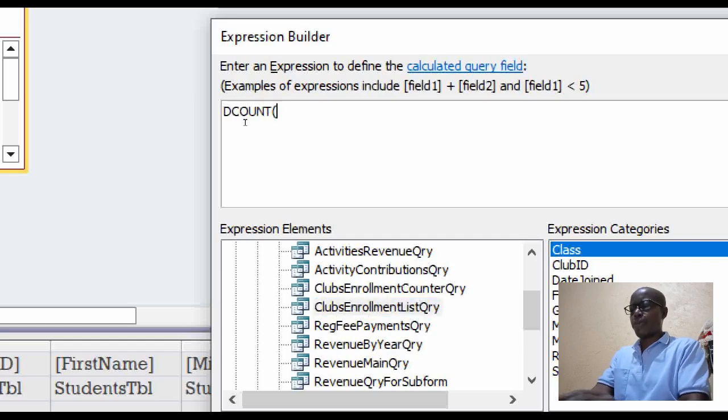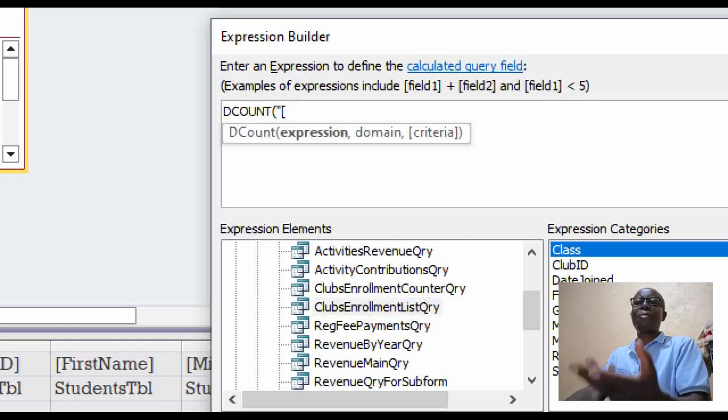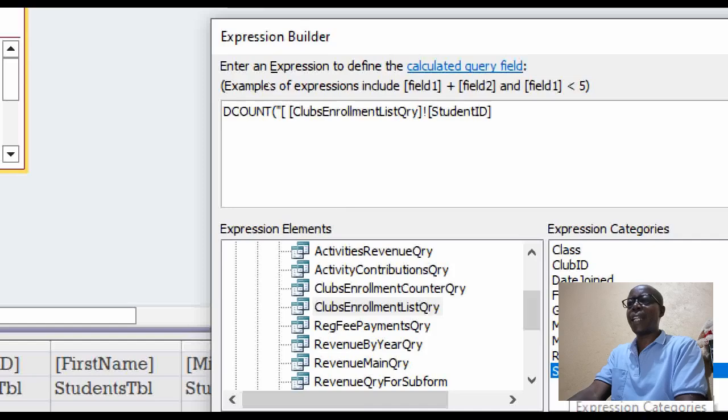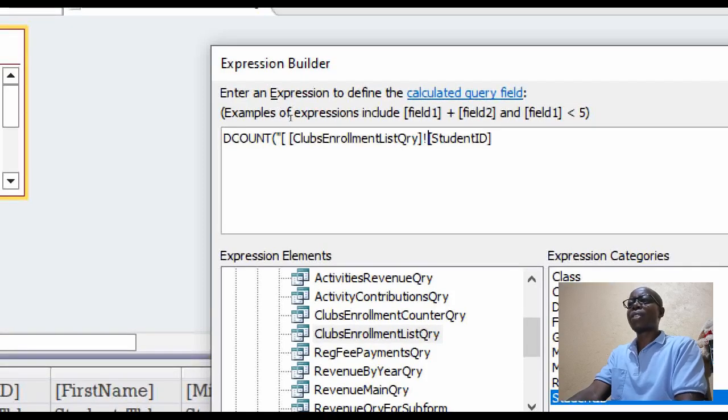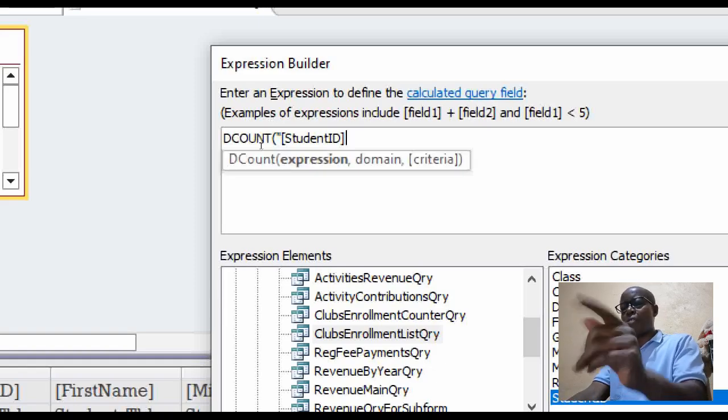So now the expression that we are counting is one of the fields, in this case a unique field, which is student ID. Okay, sorry, I don't intend to have the name of the query appearing. I only intended to have the field, and therefore I was supposed to type it instead of double clicking.